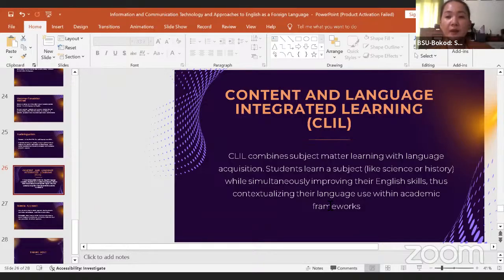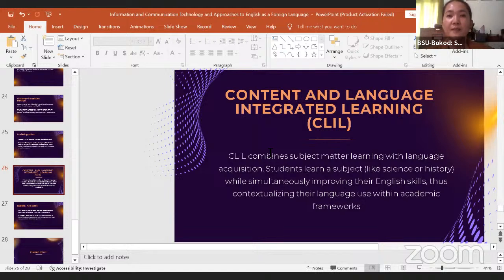The content and language integrated learning has been popular also in our former curriculum, the revised education curriculum in the Philippines, wherein the content of most of the reading and speaking is more on science and history. Once, okay, this was applied in our curriculum.